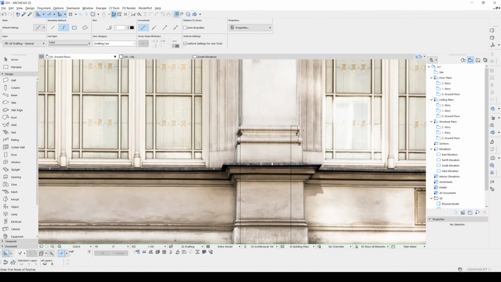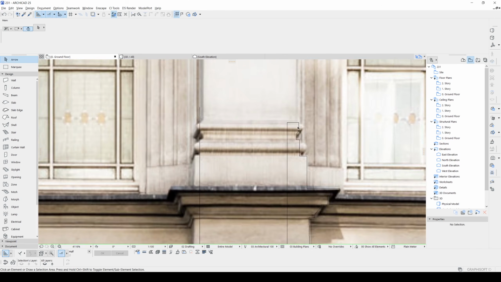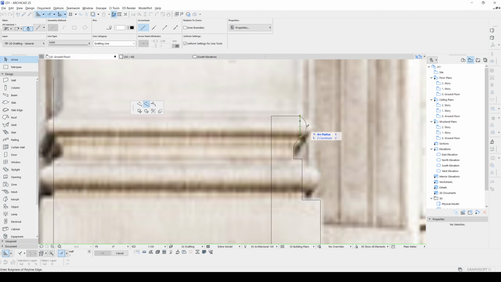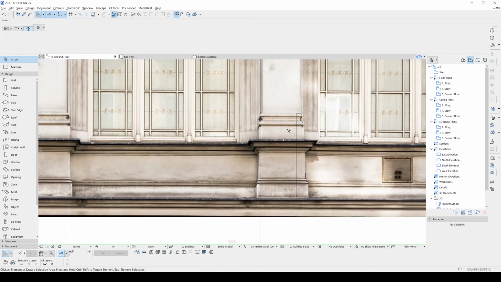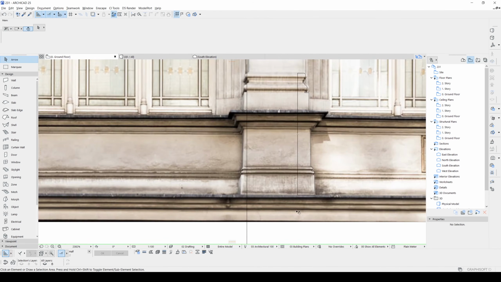There we go. We have roughly finished our profile and now we are going to create our curves. As we did before, we are going to create a sweep profile, but our base pivot will be this one.